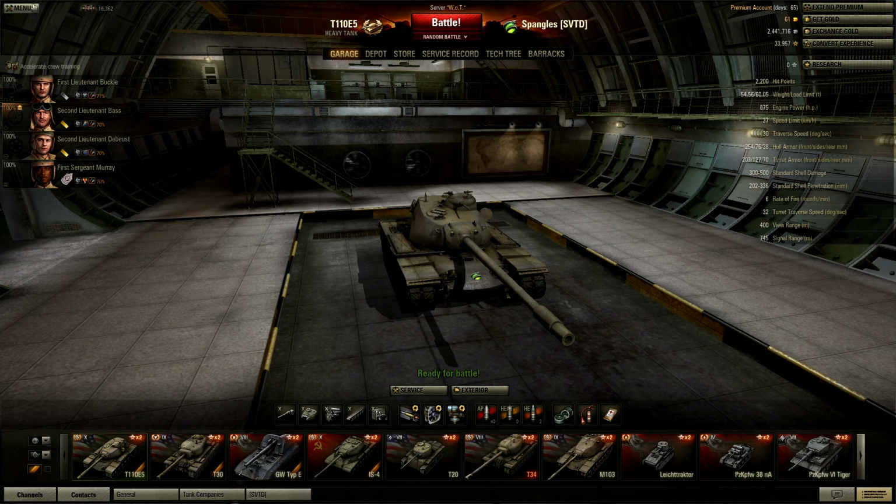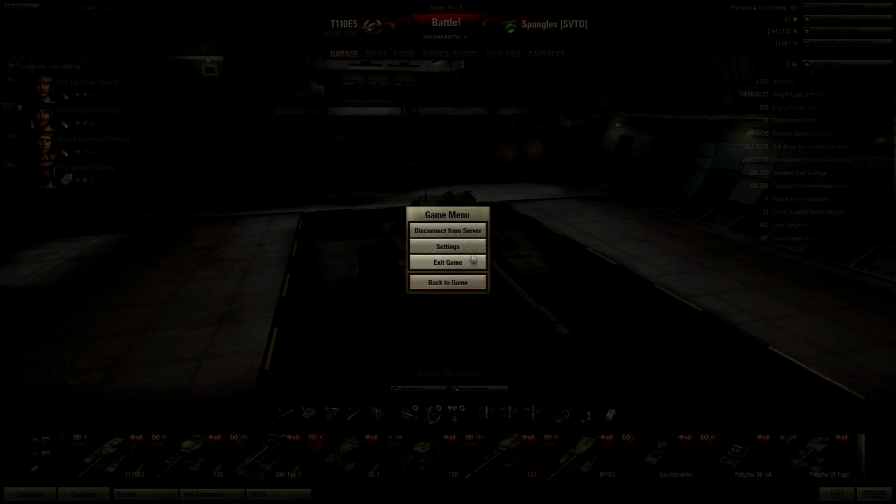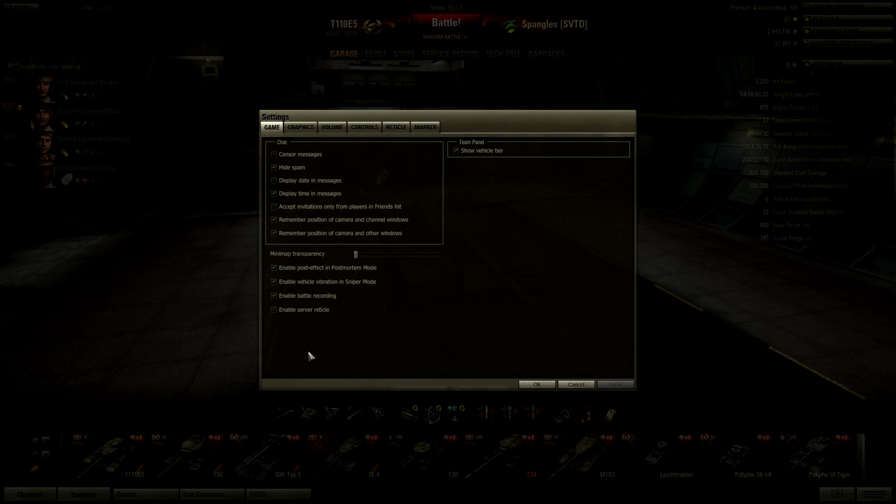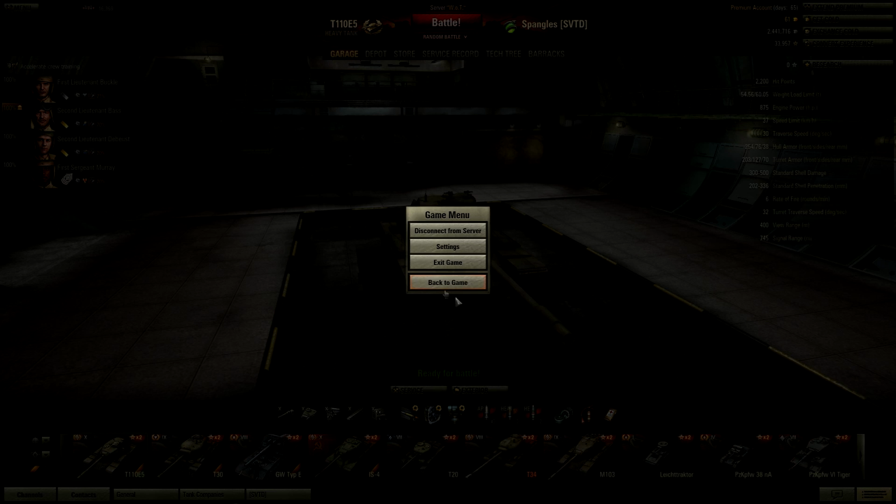Now, first thing you're going to want to do is go into your game menu and then settings. Under the game tab, you will see an option that says enable battle recording. Check that box. Without this, your game will not record any of your matches. After this box is checked, however, it will record absolutely every single one of your games played in a very